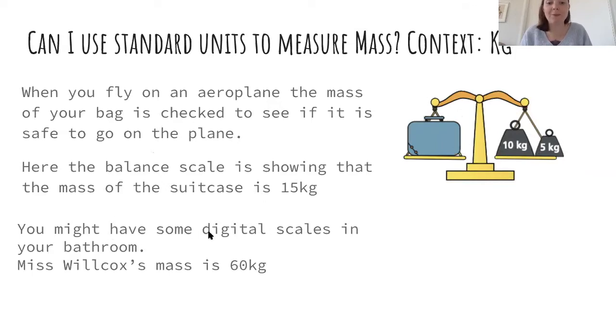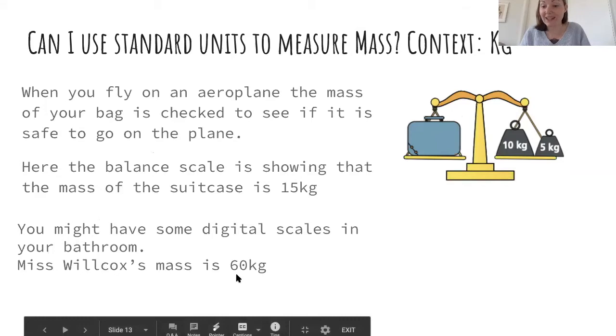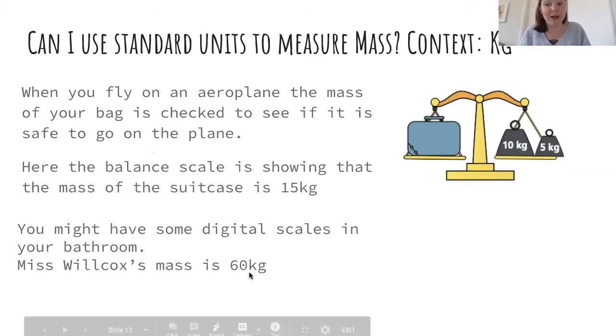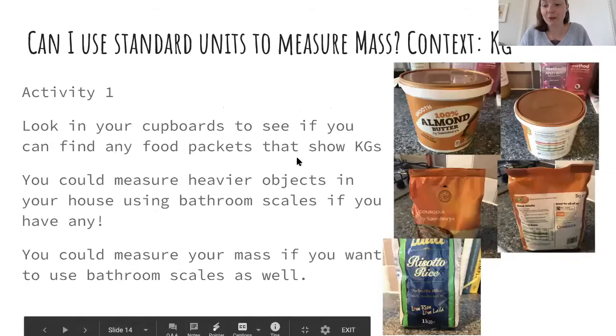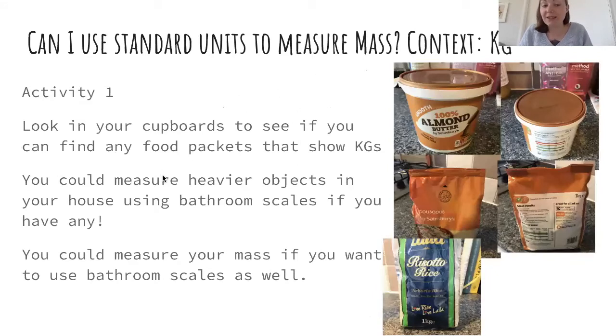So you might have some digital scales in your bathroom, and these are used to measure you. And the mass of me is 60 kilograms. It might be a bit more now that we've been in quarantine for so long, but definitely before, I used to weigh 60 kilograms. So your activity 1 is to look in your cupboards to see if you can find